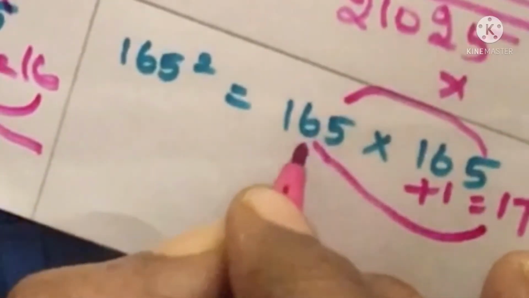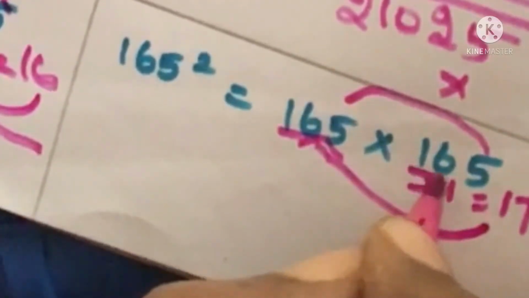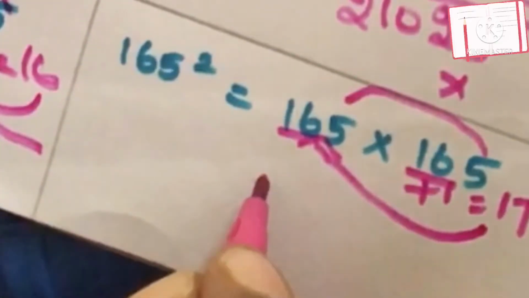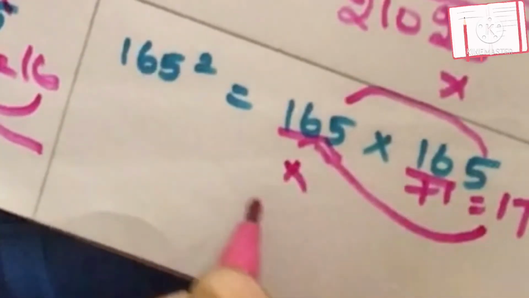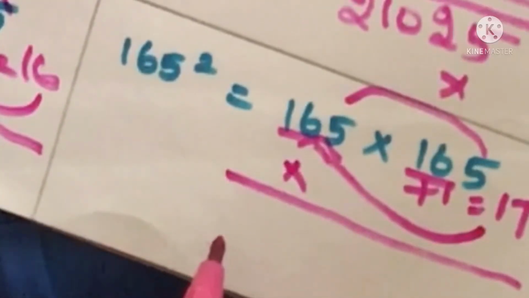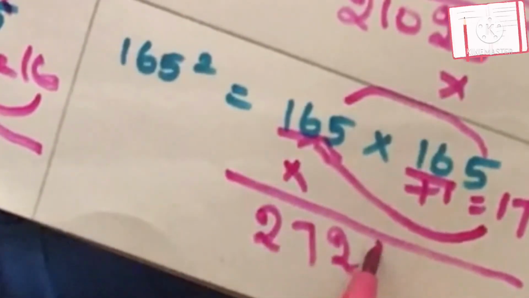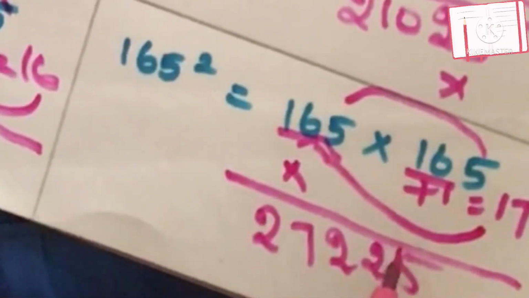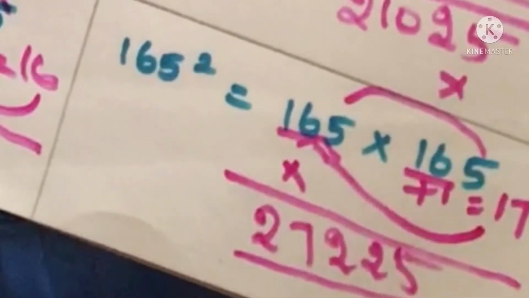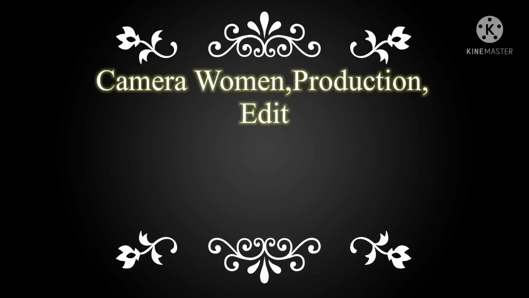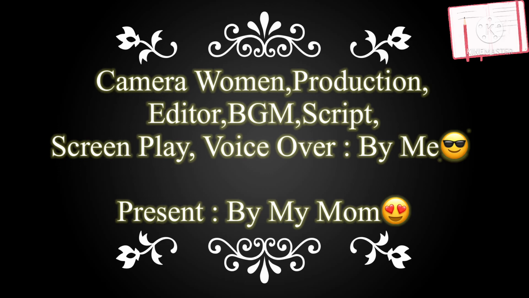Next we are going to see the square of 165. The same procedure is followed here. The ones digits on your right and left are multiplied, which gives you 25. Next, the tens and hundreds digits are taken as 16 on both your right and left, so the 16 on your right hand side is added with 1, which gives you 17, and that is multiplied with 16 on your left hand side, which gives you 27225, the final answer. I hope you understand this concept of multiplication part 3 very well.